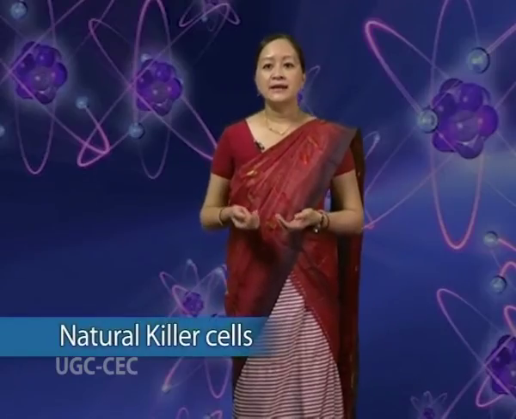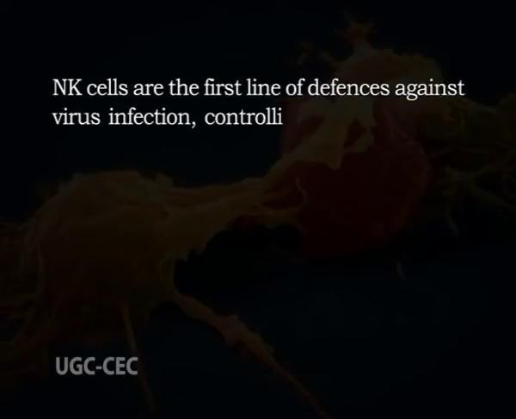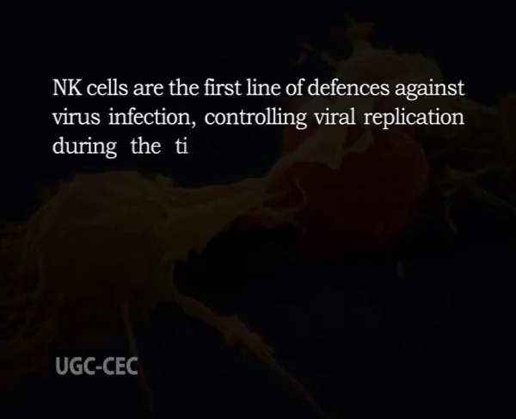Natural killer cells. They are large granular lymphocytes. They show non-specific cytotoxicity and make up 5 to 10% of the recirculating lymphocyte population. They are active against viruses, intracellular pathogens, and tumors. They produce a number of immunologically important cytokines and play an important role in immune regulation and influence both innate and adaptive immunity. NK cells are the first line of defense against virus infection, controlling viral replication during the time required for activation,